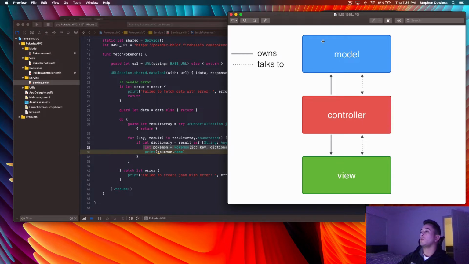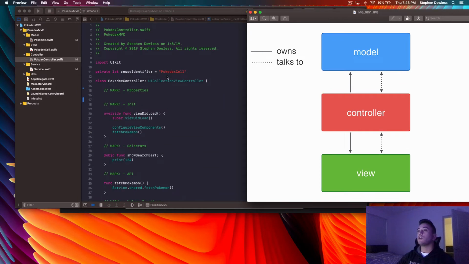So now what we need to do moving forward is set up our code so that our controller can have access to that array of Pokemon, right? Because remember, if we look at the diagram, our controller owns an instance of our model. And then we're going to use that array of Pokemon to update our view. So that's what we're going to be doing in this video, guys. I hope you're excited. I hope that explanation makes sense. It's a pretty simple framework once you get the hang of it, and we have done a very good job of implementing it so far. So let's go ahead and get started with the code now.